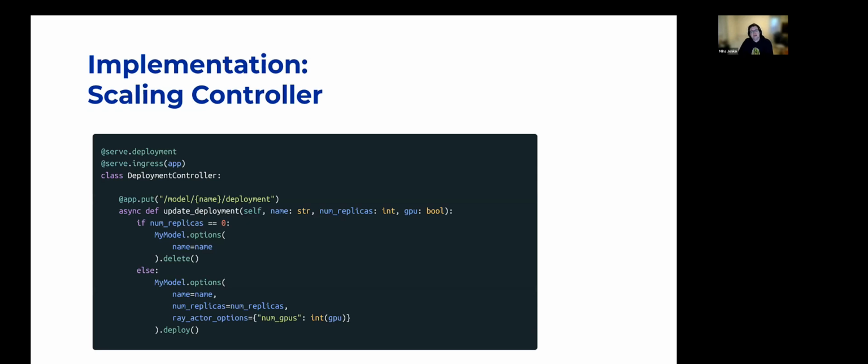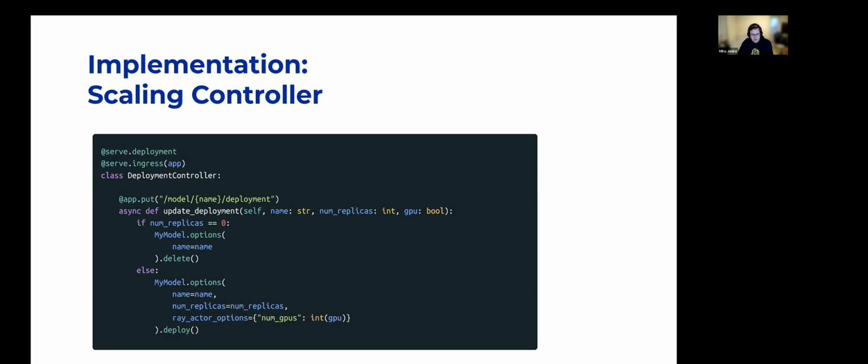So we came up with this. Ray Serve uses this Ray Serve API and the Handle API, which we used to control the model deployments themselves. So my model was from the previous slide. And what you can do with this is you can query Ray Serve objects inside Serve deployments like normal Python objects. And what we did was we